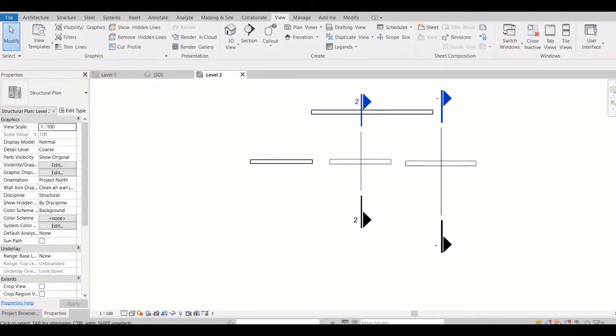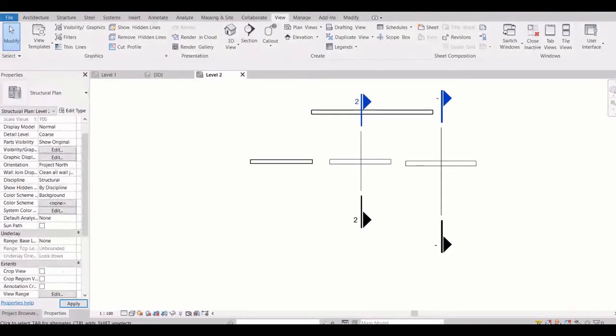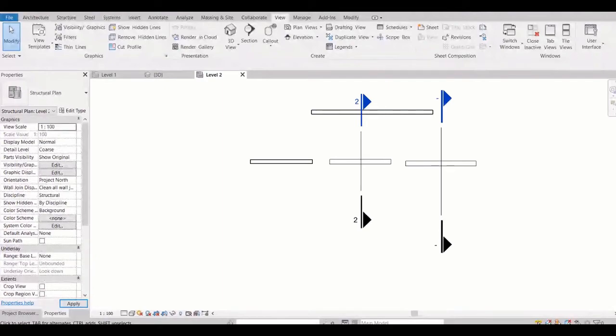Scale value, if I want to customize, I can also add it. Display model, normal, level, detail level, part visibility, original. So these are some properties of the view.